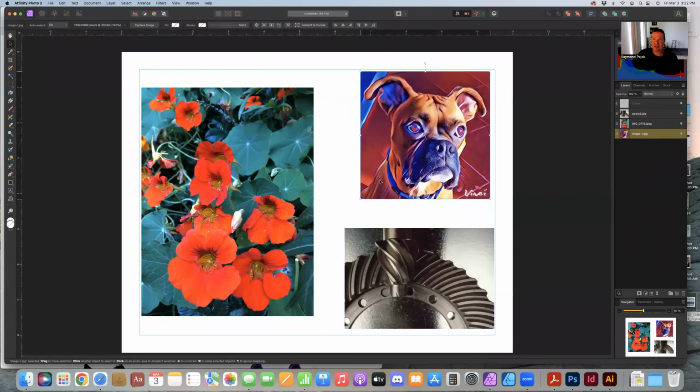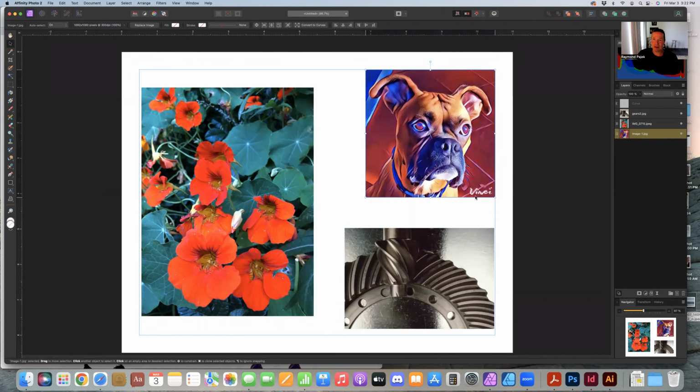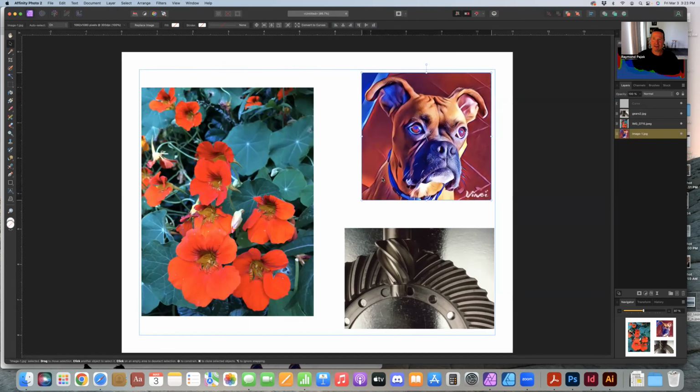And this here on the upper right, which is a picture of my dog, was actually filtered with a tool called Vinci on a phone. So you don't have to do your filtering and your alterations of photography inside Photo 2. I think that there's a lot of options out there on the internet that you can make use of to make your photos more interesting looking. And I guess this is a good example here of where,